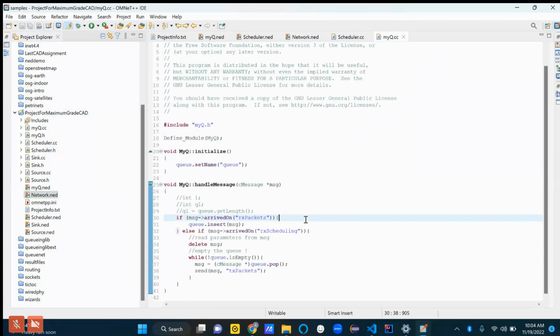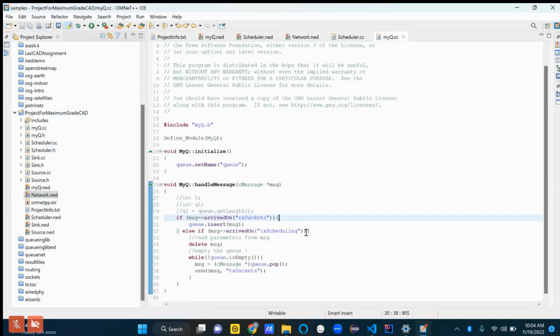And then it's saying otherwise, if it's not coming in on RX packets, then the only other option is that it's coming in on RX scheduling, right? If you remember, RX scheduling is the channel that we're getting messages from the scheduler on. They have some comments here, but we're just going to look at the code for right this second.